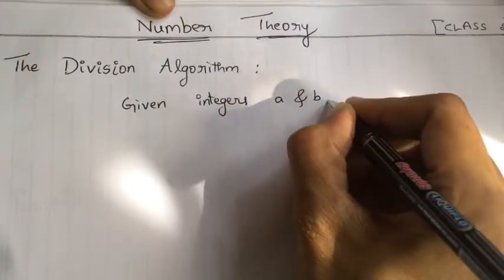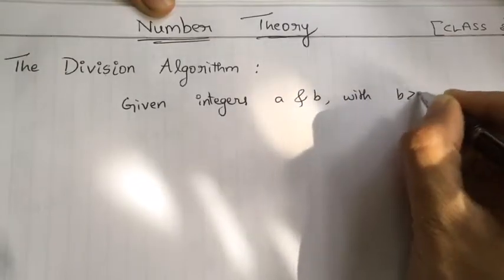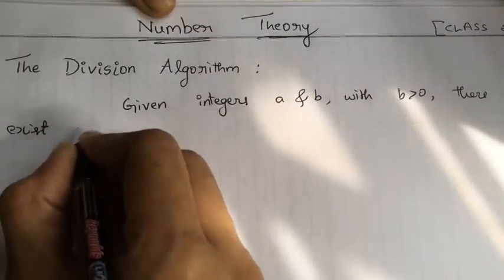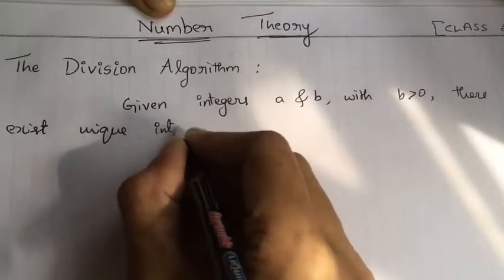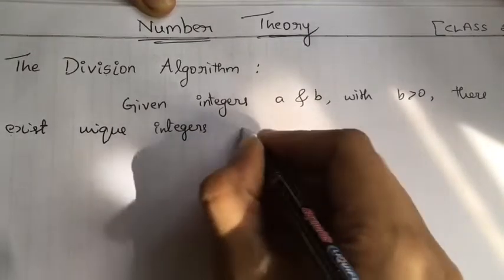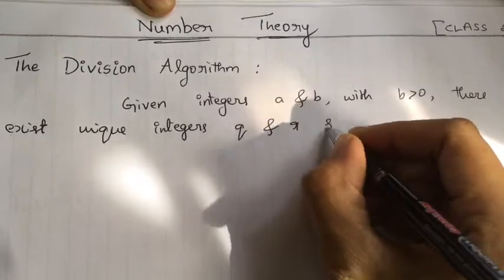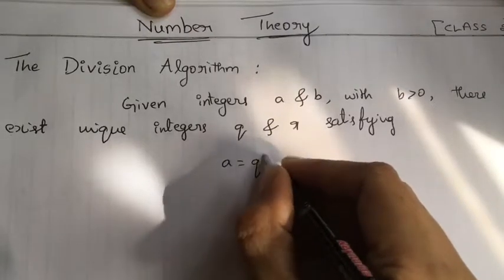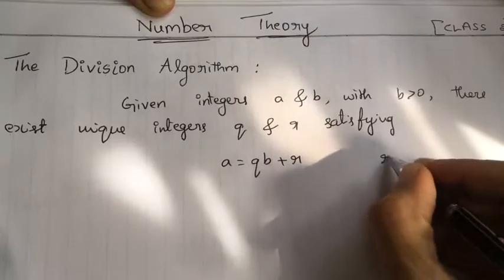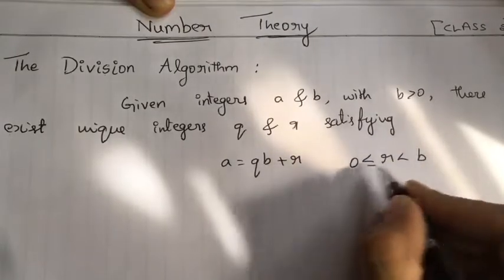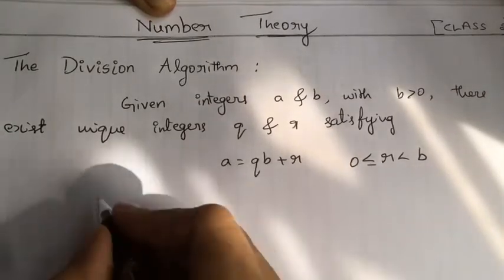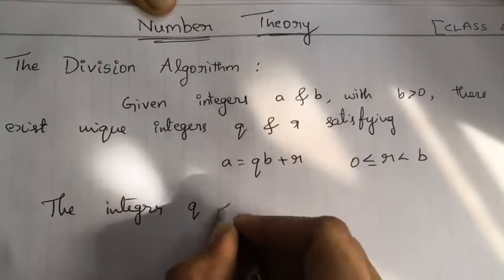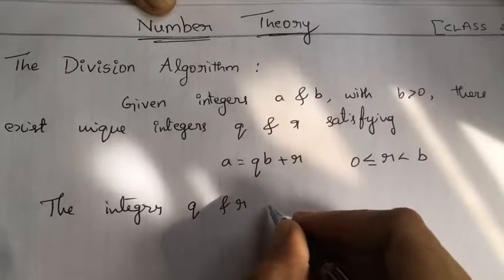given integers a and b with b greater than 0, then there exist unique integers q and r which satisfy a equal to qb plus r, where r lies between 0 and b, 0 less than or equal to r less than b, where the integers q and r are respectively